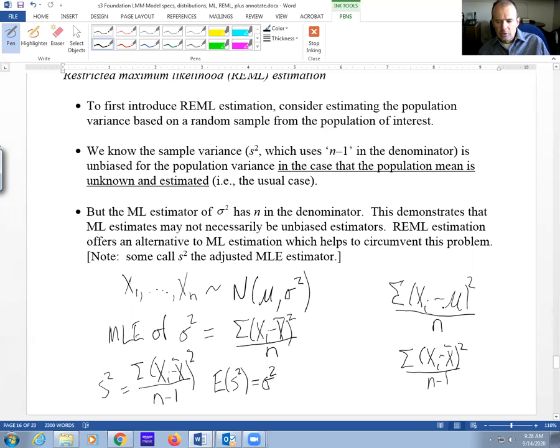Okay. Now REML is doing kind of the same thing. You're eliminating the fixed effect parameters from your likelihood, and then that's going to lead to unbiased or at least less biased covariance parameter estimates. The problem with REML is that you've eliminated the fixed effects altogether. So how do you estimate them?